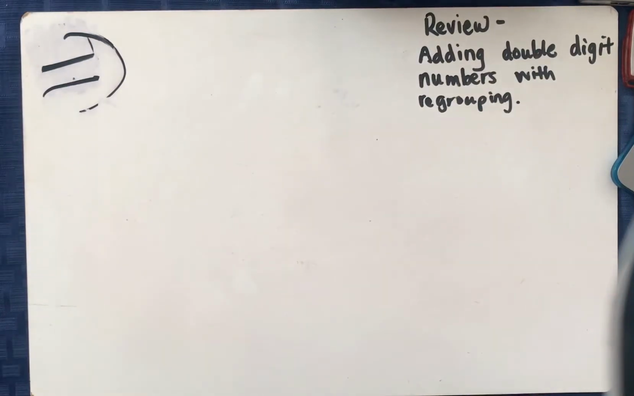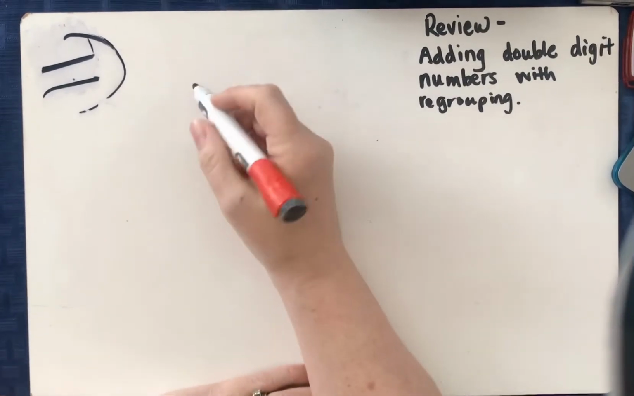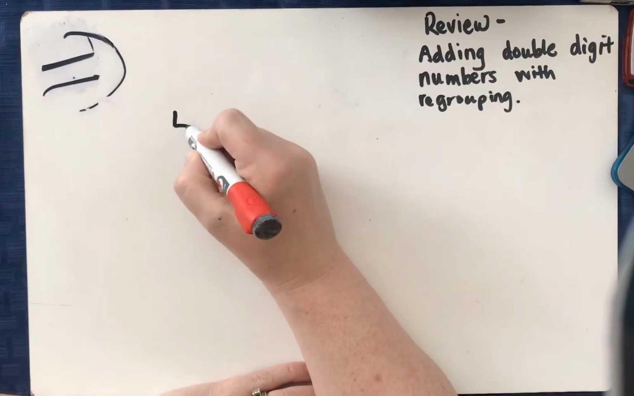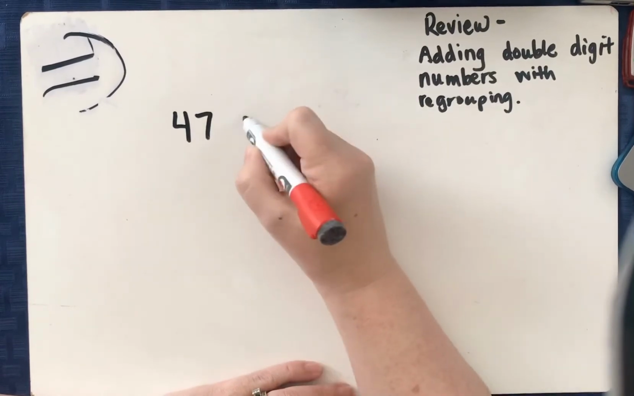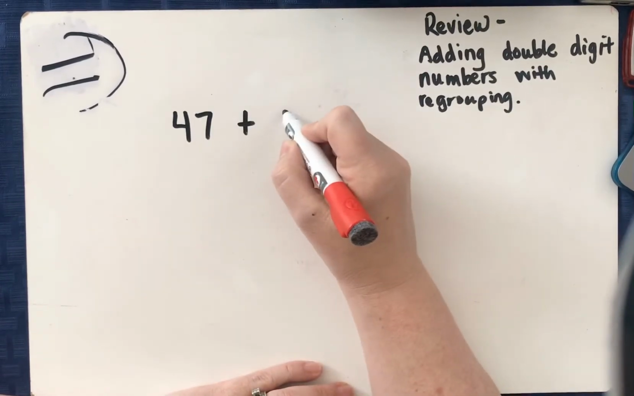Okay, so today we are going to look at reviewing adding double-digit numbers with regrouping. Some of my students are working on that, so we're going to review a couple problems together. So the first problem we're going to look at is 47 plus